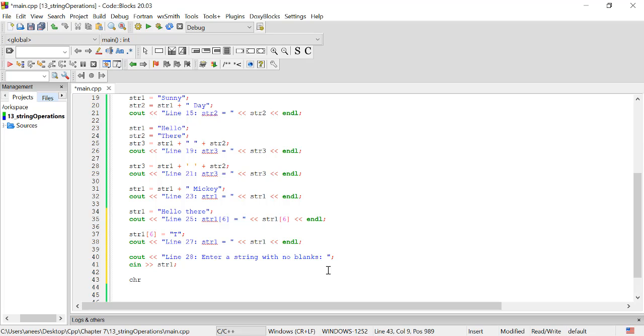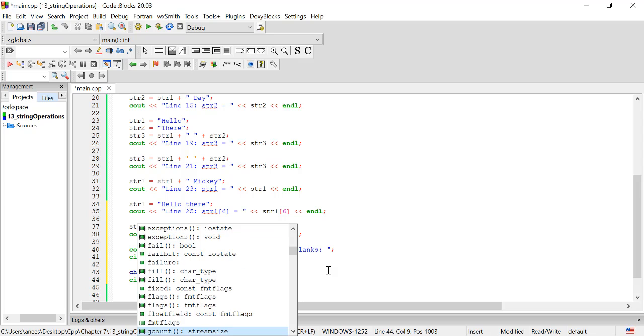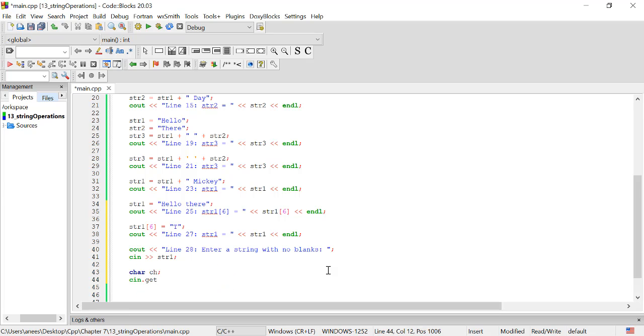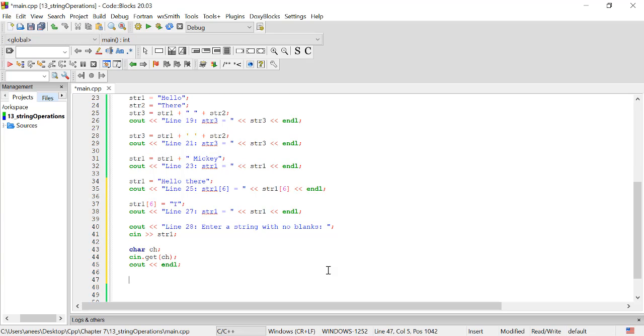And then we declare a variable of type char, ch, cin dot get ch. And then we write cout endl. After that, we can move on to the next one and write cout